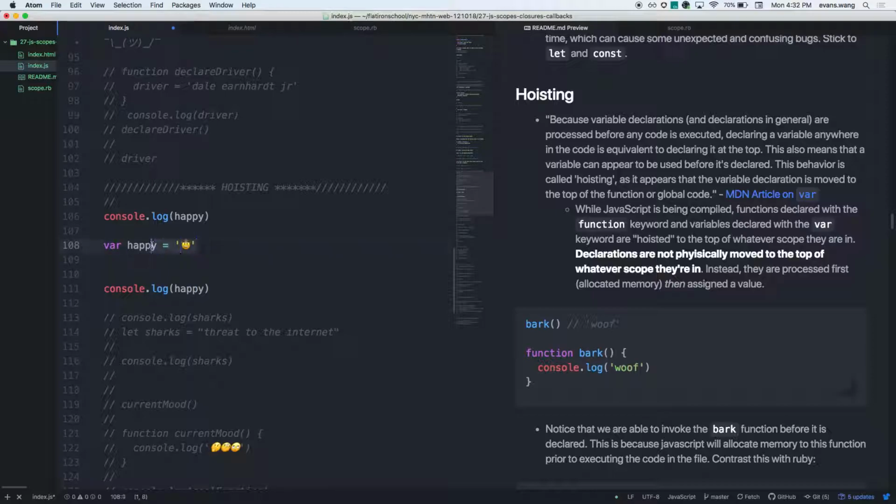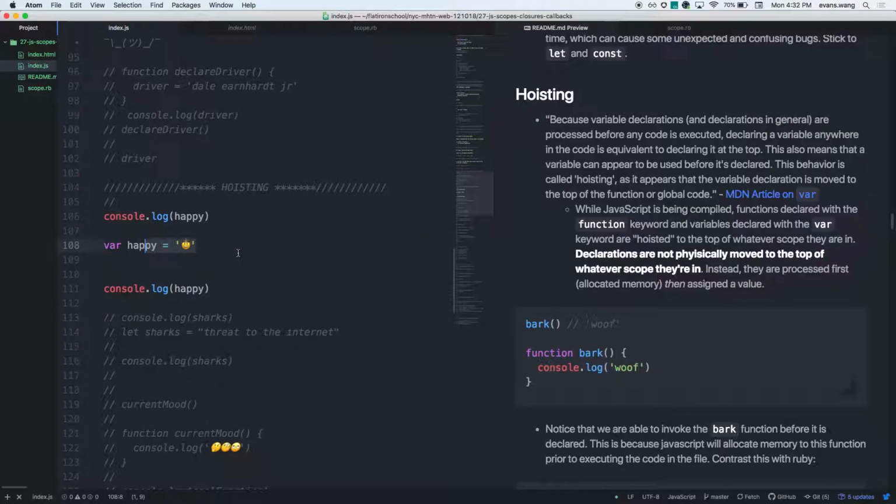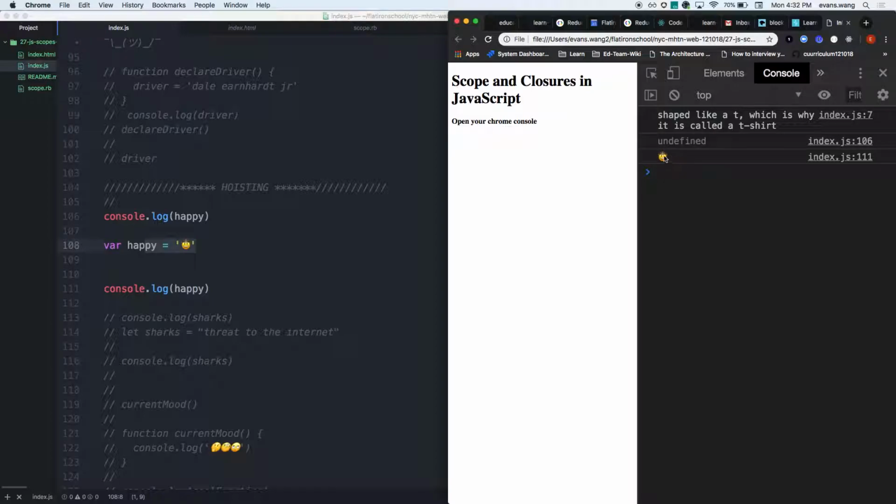On line 108, on the second run through, it will see, great, I'm in actual execution mode. I'm going to store this value to happy, so when I log it the second time, happy has an appropriate value. So one more time, I'm going to see undefined from line 106, and then happy gets its value, and then when I console log again, I get Cowboy Bob. So JavaScript will run through your code 2 times. The first time is to store everything in memory, read through everything, make sure you have no syntax errors,